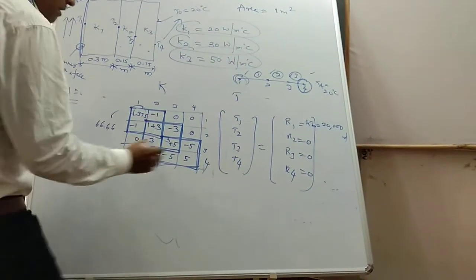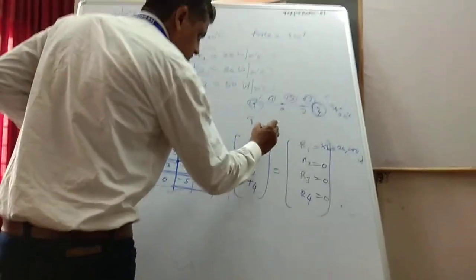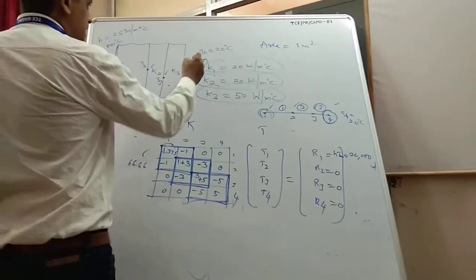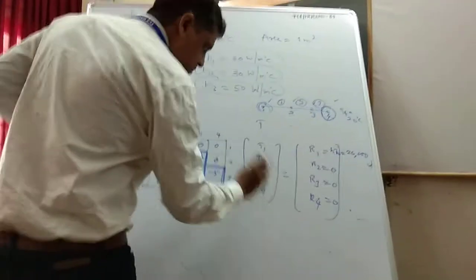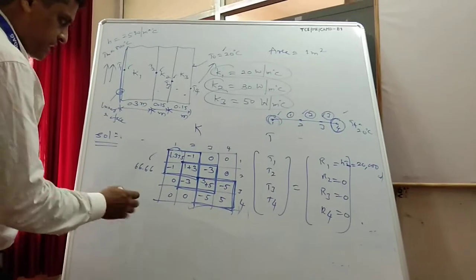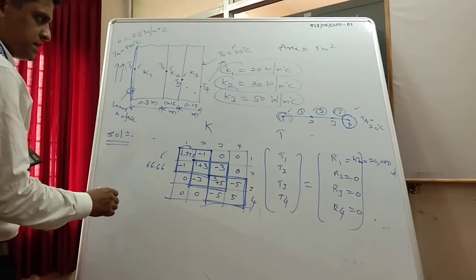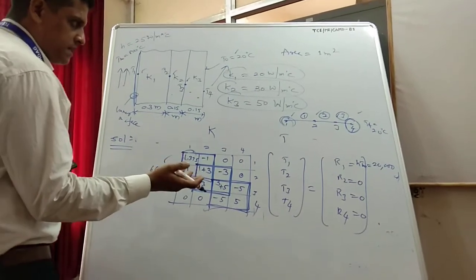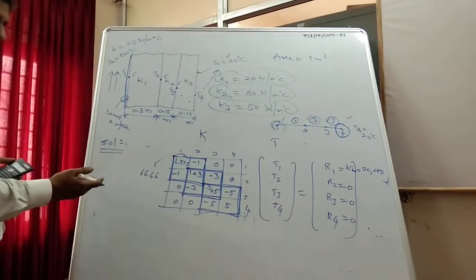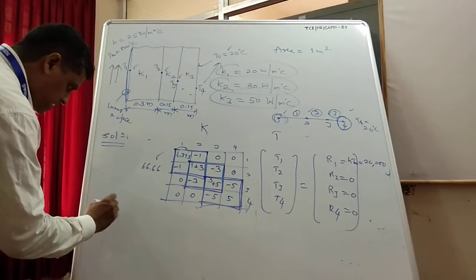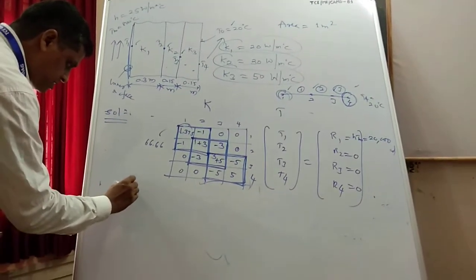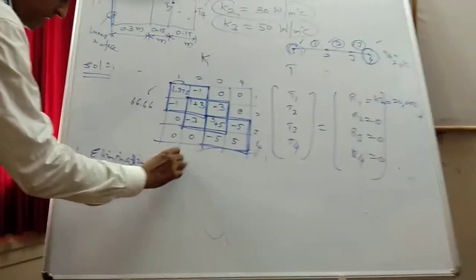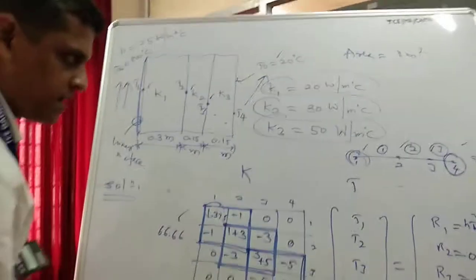Now, once you get the global equilibrium equation, we can calculate the temperature distribution, that is T1, T2, T3. T4 is already given, T4 is one of the boundary conditions. We can use any of the approaches, the different methods of handling boundary conditions in FEM: the elimination approach, the penalty approach, and the multi-constraint approach. Now I will use the elimination approach. In the elimination approach,